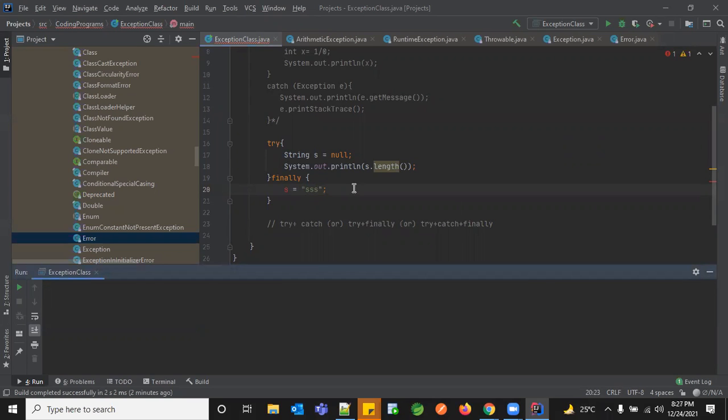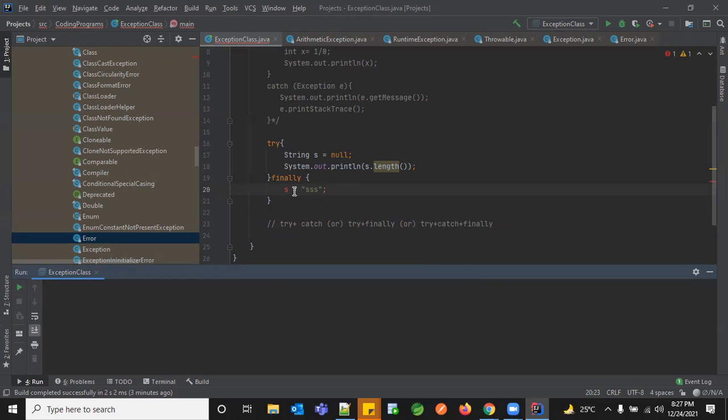Didn't get you, Divya. Can you tell again? You are assigning a value in finally block. Yeah, I'm assigning a value, but why is it showing me an error here? Can you click the error? Declare the variable. I won't click the error, you try to guess it. That is the reason I'm asking you guys. Were you able to guess that? Declare that variable. Declare that variable within which block?